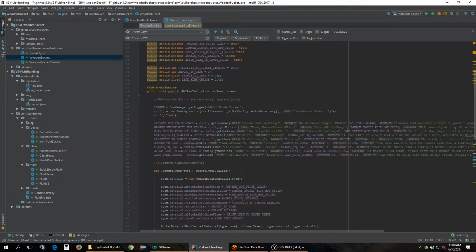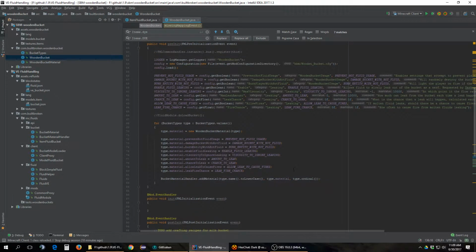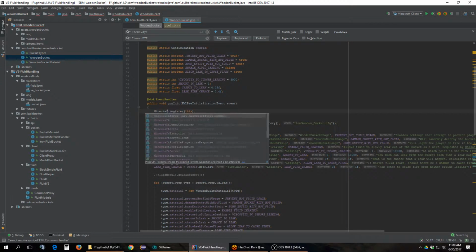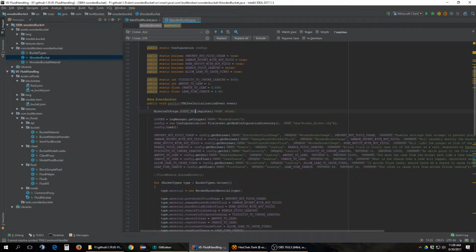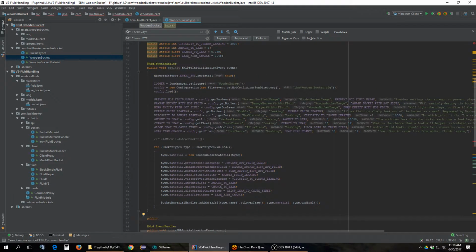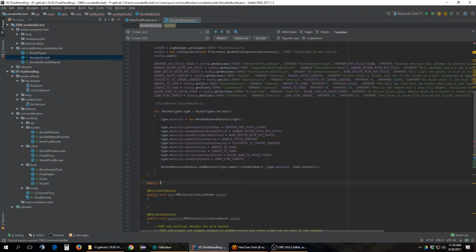And surprisingly, everything else is working correctly. We do need to change a few things, though. We need to actually register ourselves with the Forge event bus, which is not this thing. So Minecraft forge.eventbus.register, because we're going to set up some new events. Some of the events we're going to do real quick is we need to do an event, actually just to register this, so public void